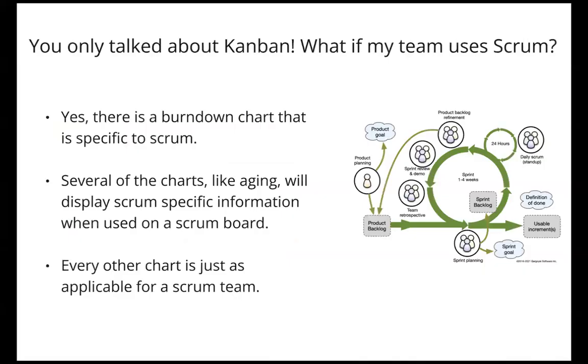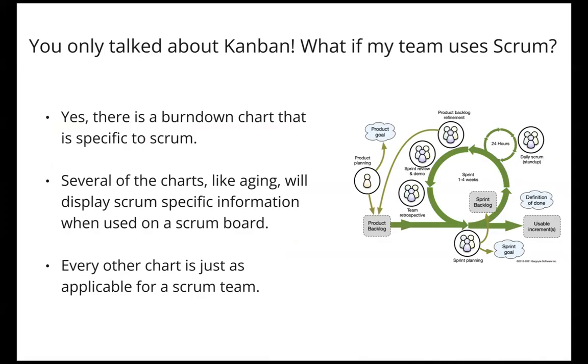All right, so really, I've been talking a lot about Kanban here. But what if my team doesn't use Kanban? So yes, we also have a chart that shows burn downs. On some of the charts, we show Scrum specific data. The one about story points was pretty much Scrum specific, because Kanban teams typically don't do that. But there are a number of the charts that, if you're in a sprint, will show